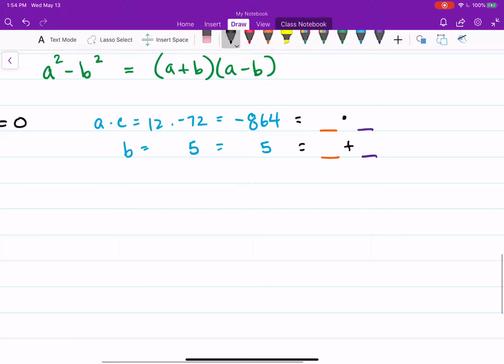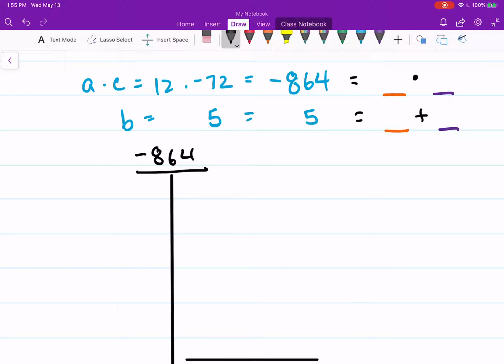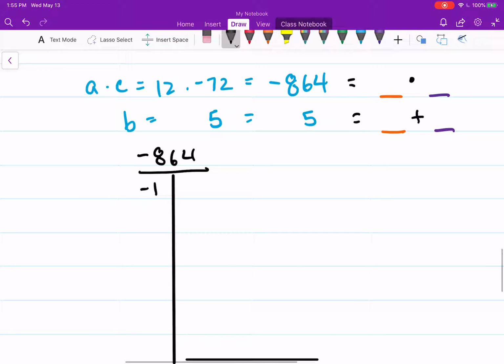So what I will do is take the negative 864. These 2 numbers added together have to give you positive 5, but I want the product to be negative. So that means the larger number is going to have to be positive and the smaller number is going to be negative. So it's going to be a negative 1, 864. So 864 divided by negative 2,